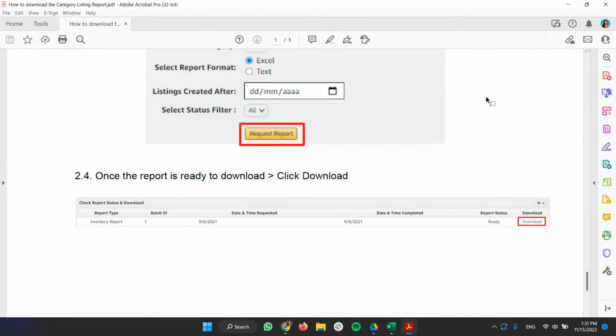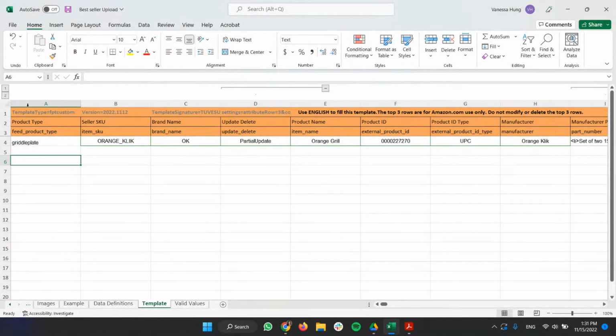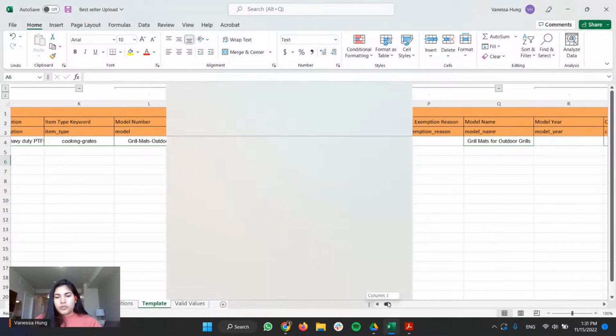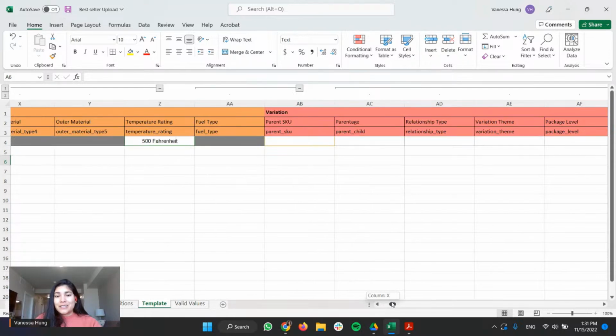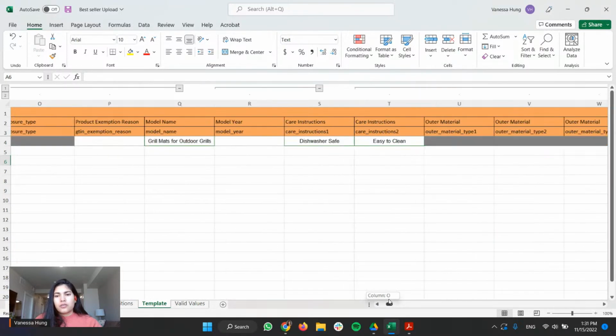Okay, so I just want to show you one. And this is what I'm talking about. This is the category listing report, okay? As you can see, the category listing report is divided into sections, and each section has colors.